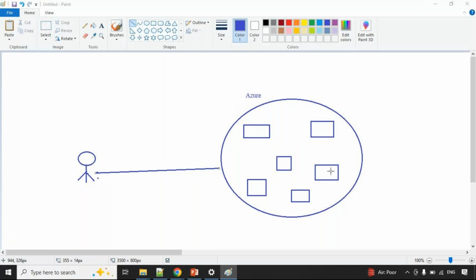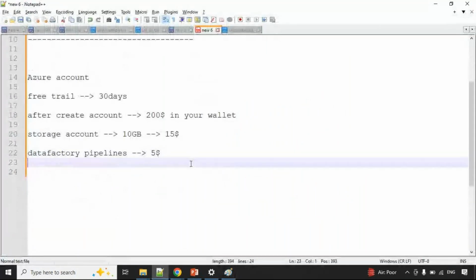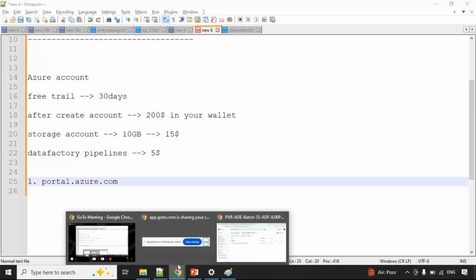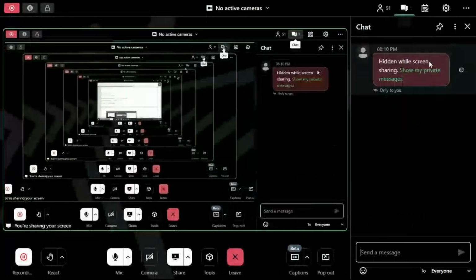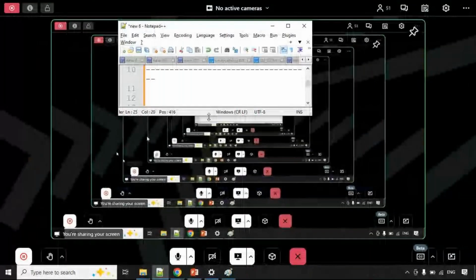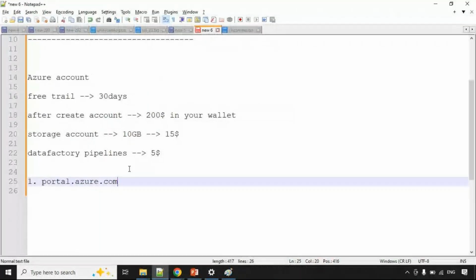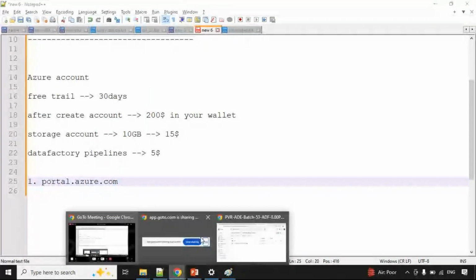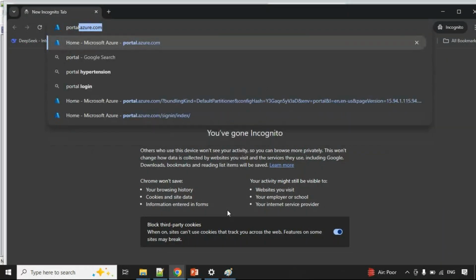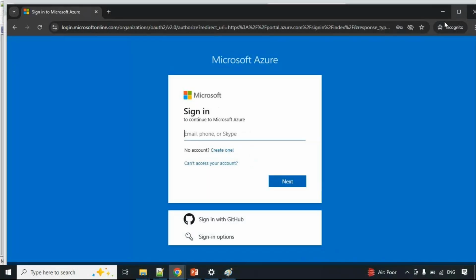Now, here, how to create an Azure account. First, we have to go to portal.azure.com.